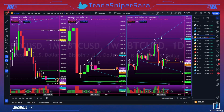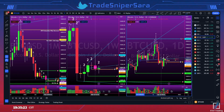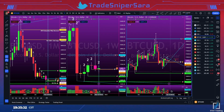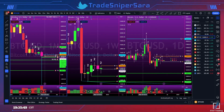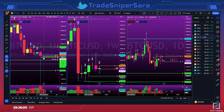So Bitcoin is in this bigger broadening formation. But what happens when you're in a broadening formation like this is price can tend to get stuck and just want to tighten up. So that's what you have here, a tightening range. So the month is red, the week is green, so you're in conflict, not a lot of clarity. Hopefully Bitcoin can stay an inside month